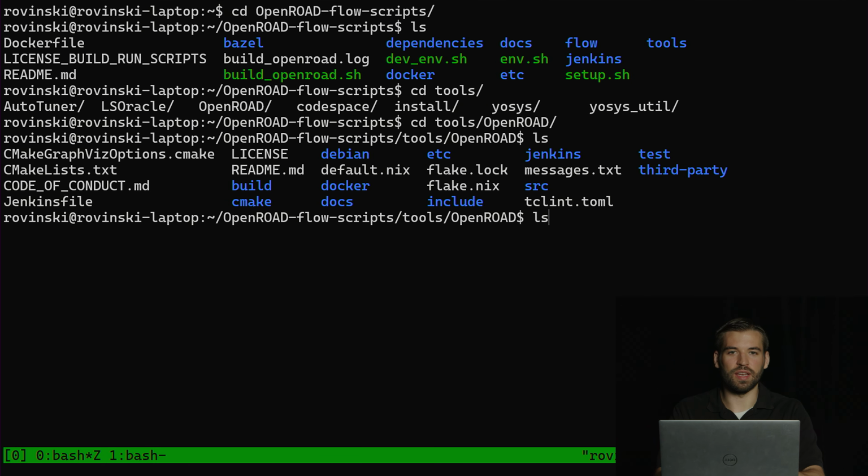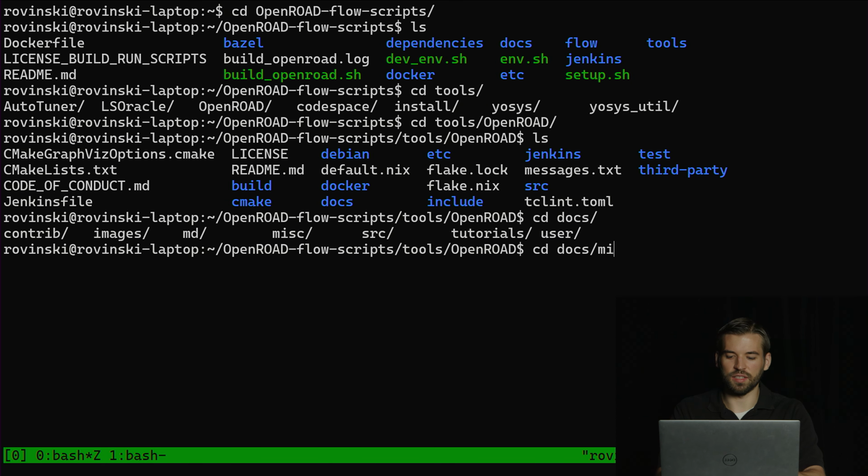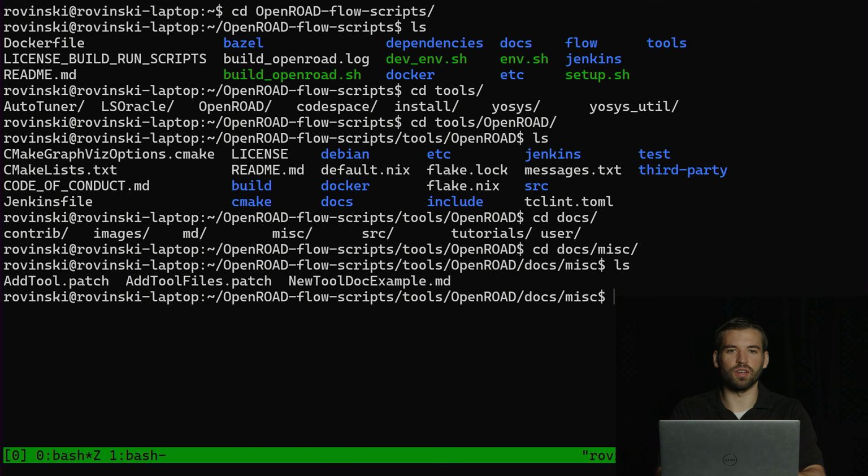So if we navigate inside, it's the docs folder, and then inside this misc for miscellaneous folder, you'll find these add tool files. So you can see add tool.patch, add tool files.patch, and a new tool doc example.md, which is a README file. So if we actually just take a look inside here,